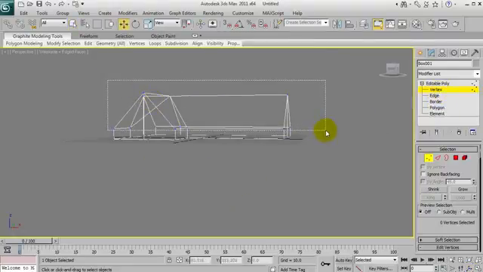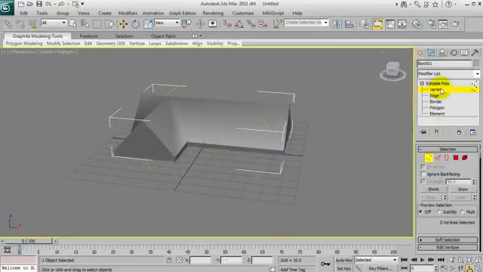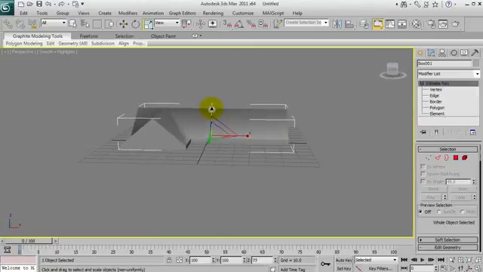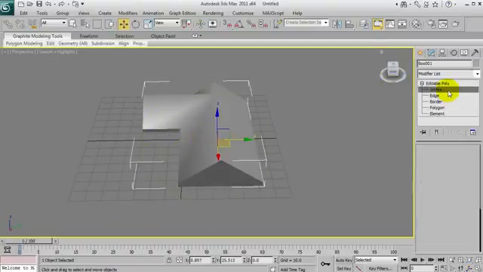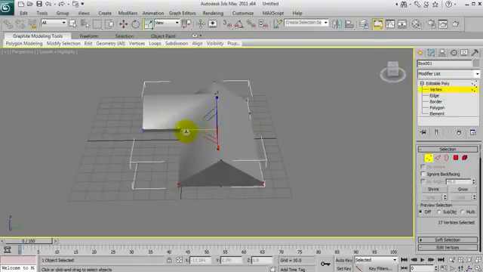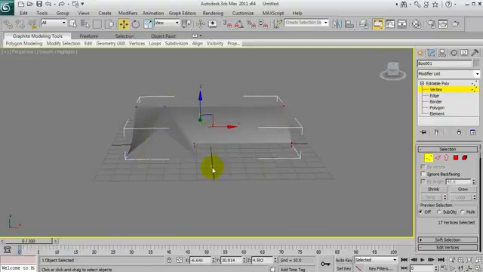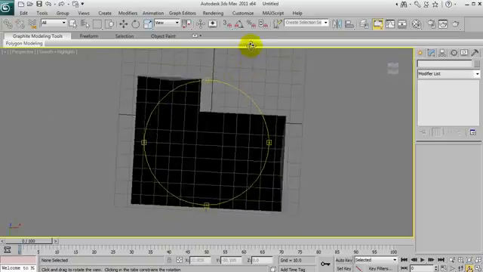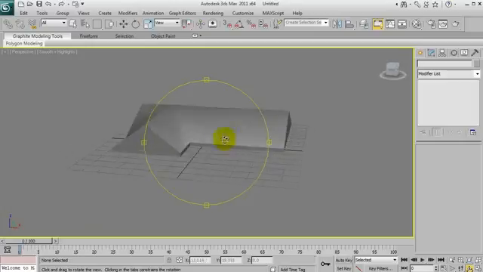So what we'll actually do is bring this down a little bit, because I think it's a bit high. In fact, we'll make that flatter. So now we've got a very nice roof shape, which I think I might scale up just a tad. Oh, that'll do. Right, so we've got the roof shape, but now we need to make more of the actual